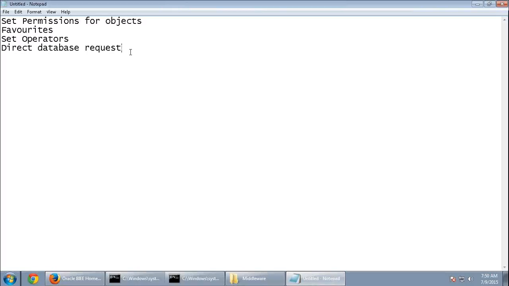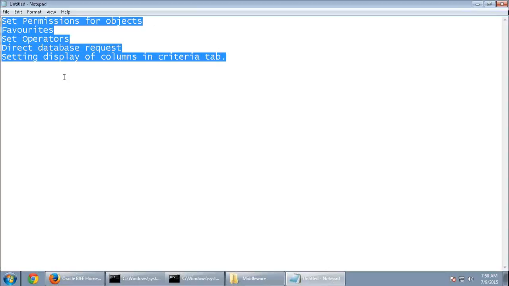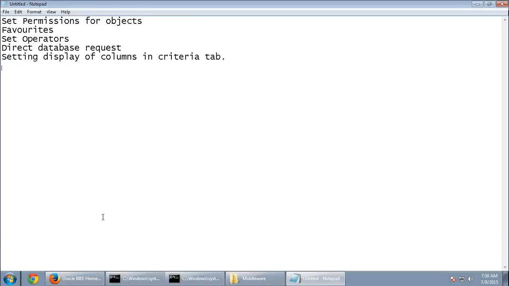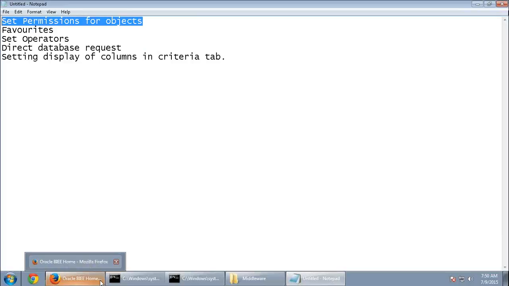Generally you don't change all these parameters, but you can have a look. Setting display of columns in criteria tab. Okay, like this. So we'll have a basic overview of all these topics, and somewhere if you feel uncomfortable, just ping me. Okay, so for this, let us start with setting permissions for various objects in our presentation